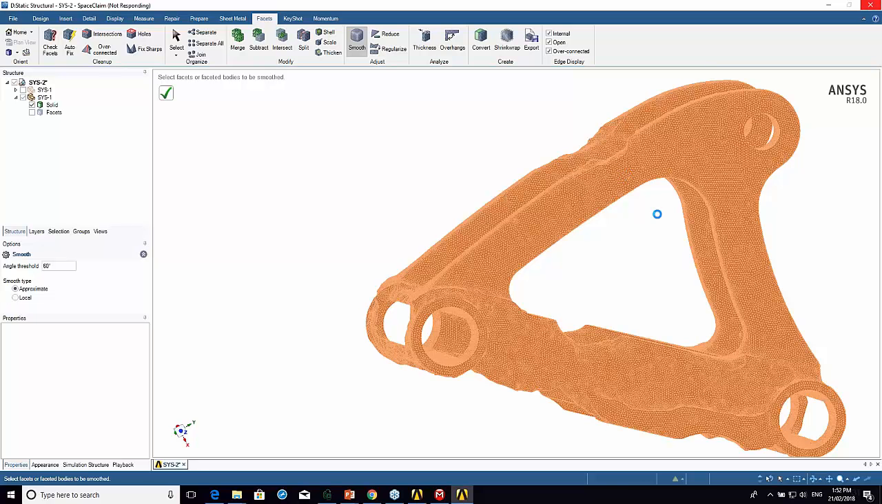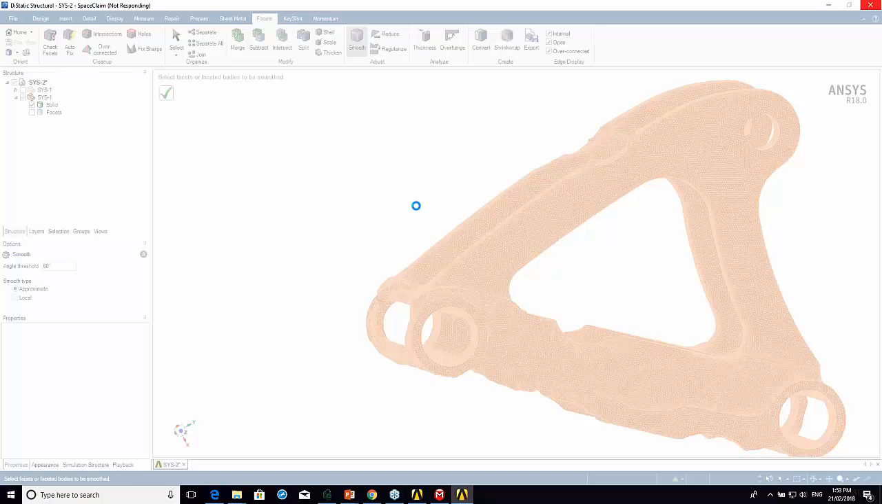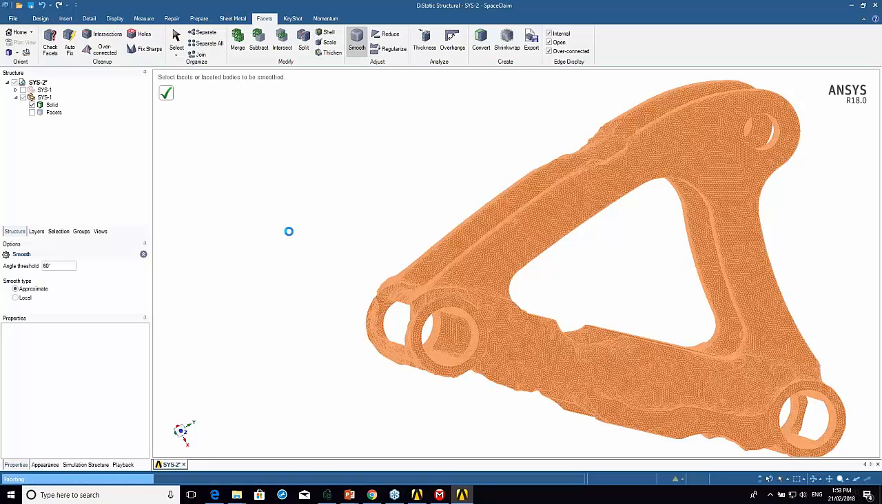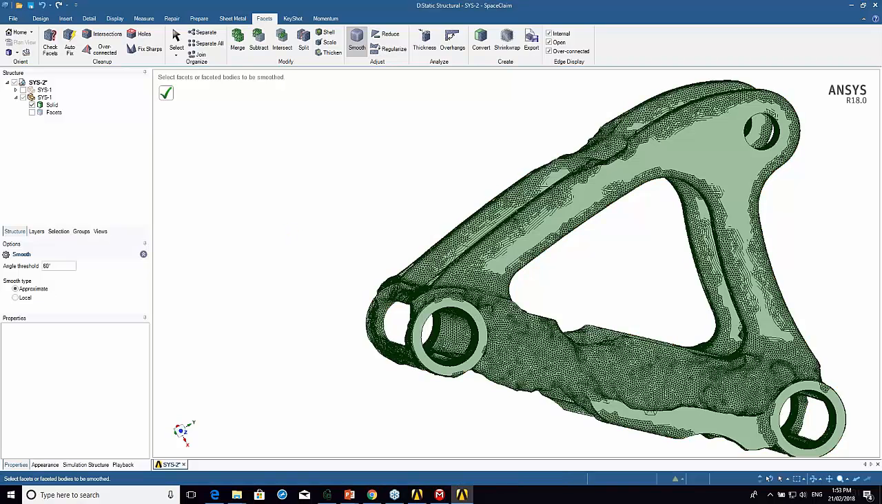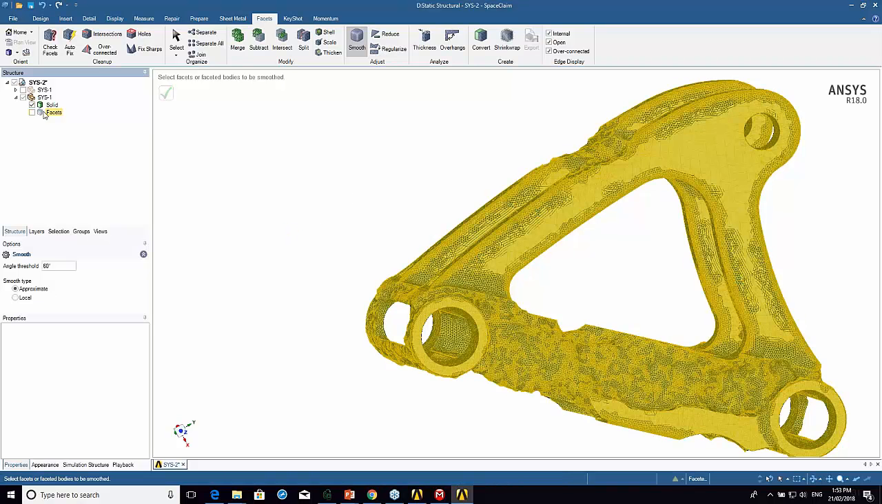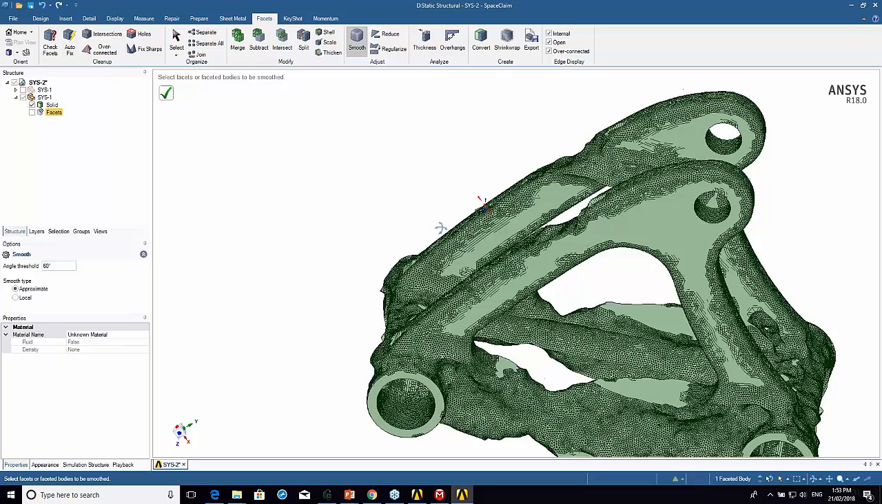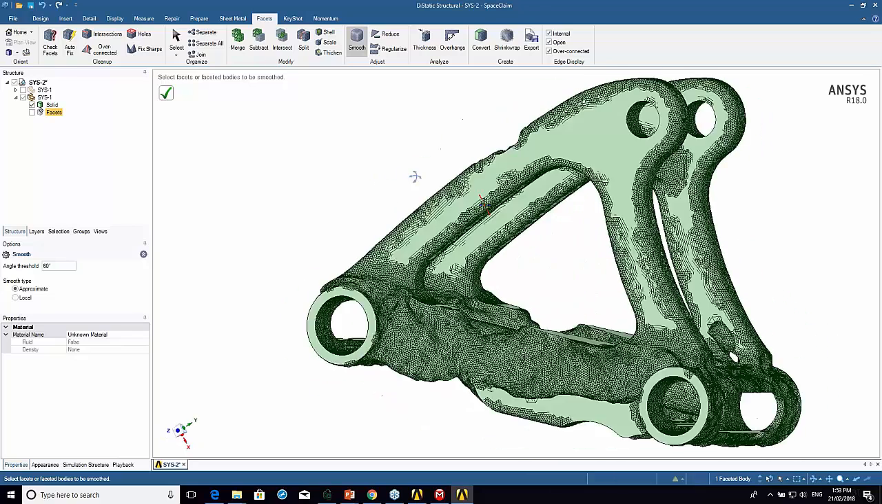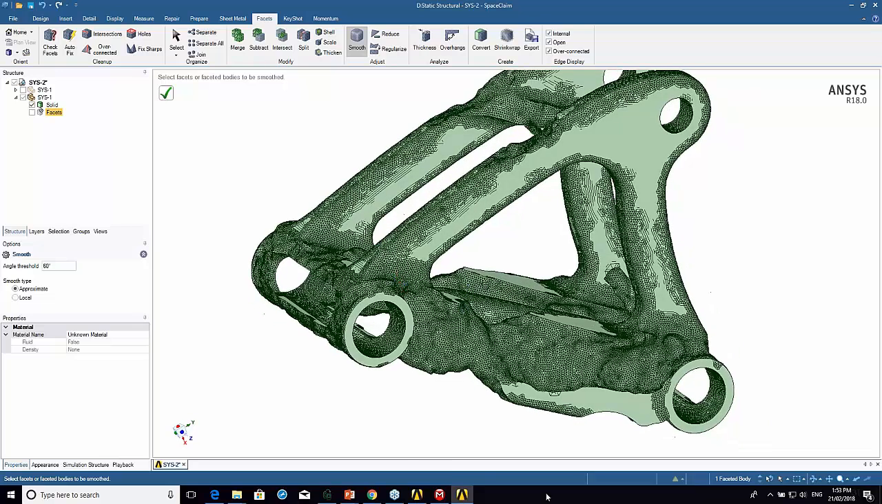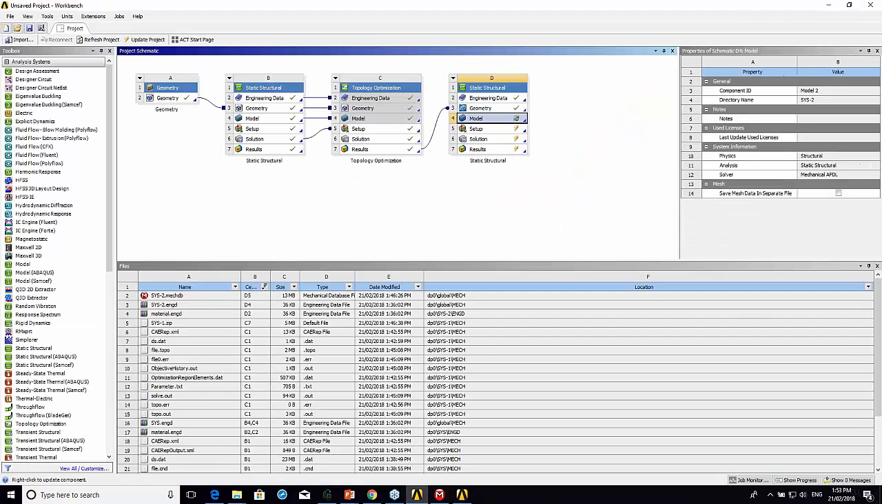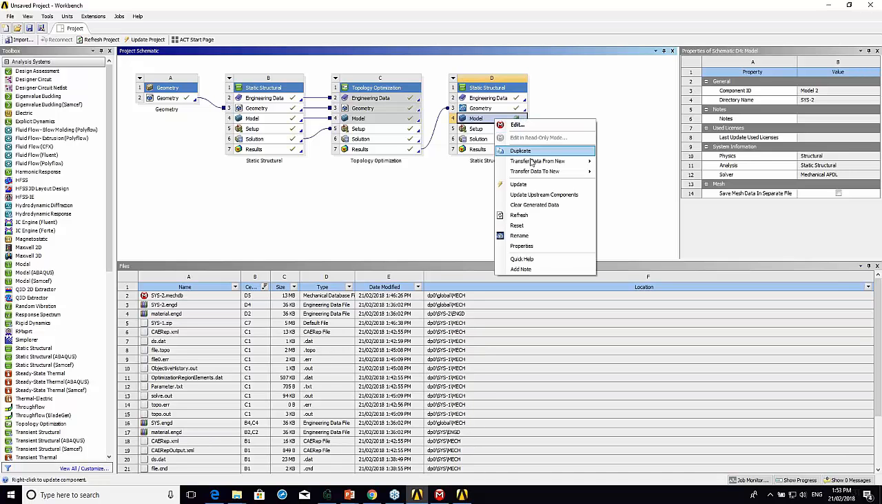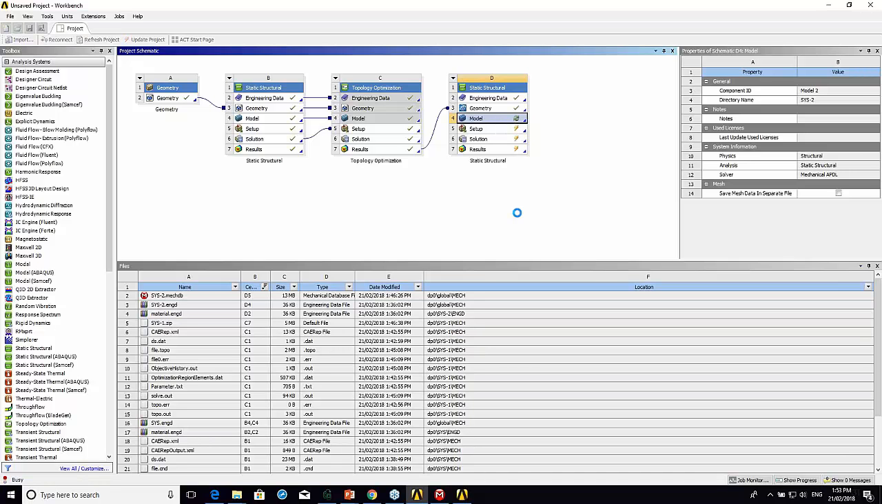Okay, I use slightly different boundary conditions to when I practiced this, so it's taking a little bit longer. Okay, let me just suppress that body. So that's the new solid that I've got. All right, so if I go back to the project now, if I refresh that model,